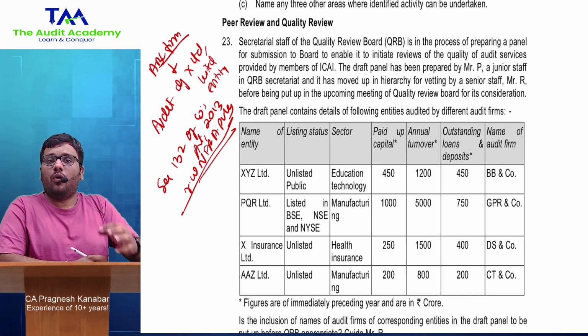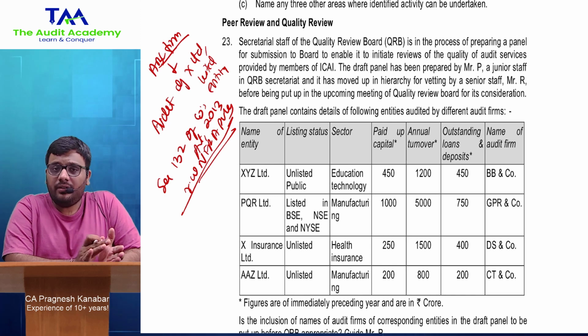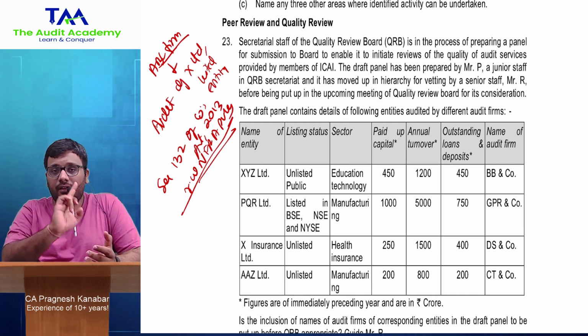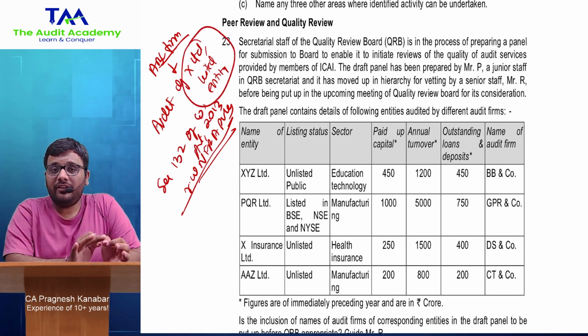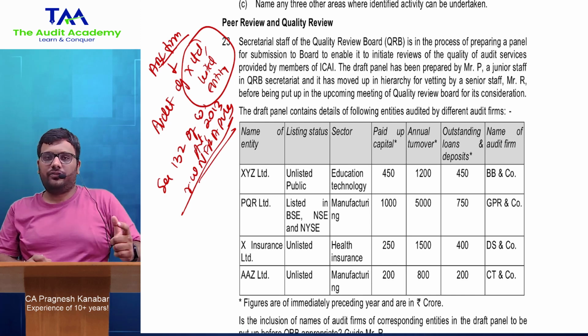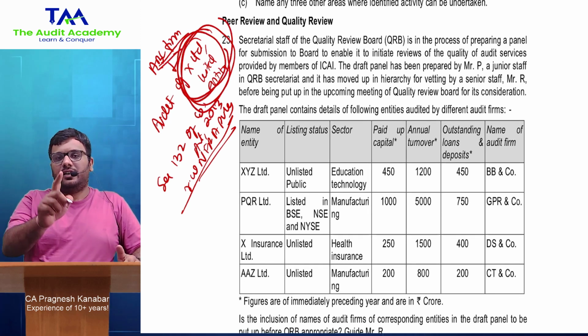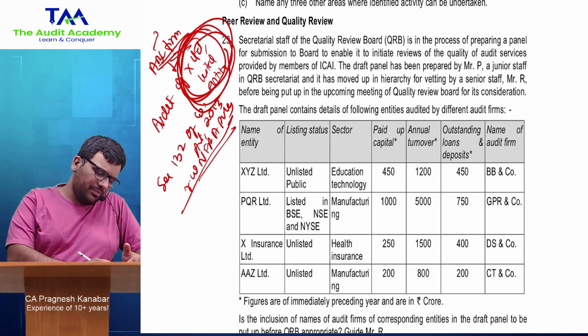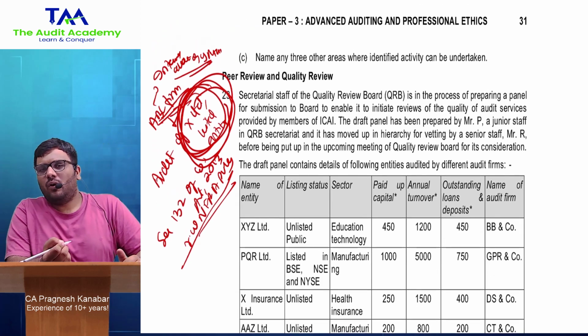यानी कि ये ऑडिटर का क्वालिटी कैसा है उसका इन्वेस्टिगेशन प्राइमरीली एनएफआरए करता है. क्वालिटी रिव्यू बोर्ड कर सकता है प्रोवाइडेड एनएफआरए अगर उनको रेफर करे. So X Limited listed entity can be reviewed by quality review board only if NFRA refers to quality review board. Otherwise, quality review board cannot check the quality of the audit of ABC firm, audit of X Limited, which is conducted by ABC firm. हाँ, ABC firm ने सपोज कोई दूसरा एक इंटरनल ऑडिट किया है, दूसरा Y प्राइवेट लिमिटेड का, वो पीयर रिव्यू में वो चेक करते हैं वो लोग. करें तो क्या इंटरनल ऑडिट ऑफ वाई प्राइवेट लिमिटेड क्वालिटी रिव्यू बोर्ड चेक कर सकता है?